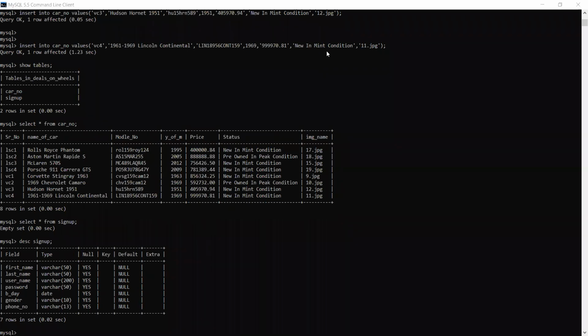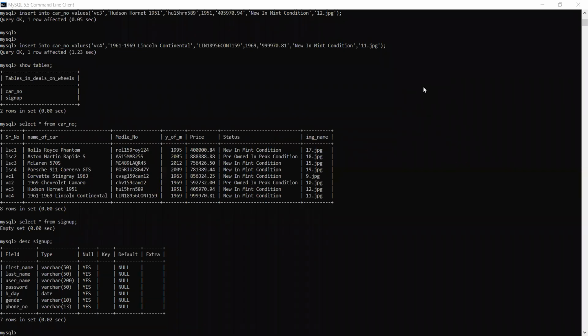Yesterday we started with chapter number 14, and most probably we will try to complete this chapter today because we have only two topics in this chapter. First was group by clause that we have done yesterday. Today we will execute it practically. And then we have one more thing, that is joins. And in joins, you have only very few topics in your syllabus, fine? So all that we will try to complete.